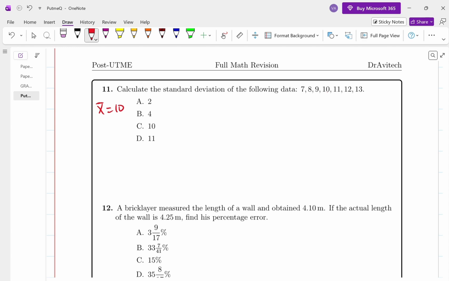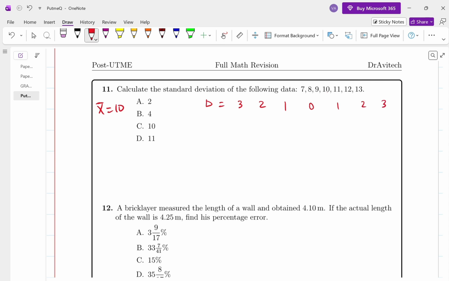Okay, so this is all we have. x bar is equal to what? 10. Good. Now, next thing is standard deviation talks about deviations. So how far are each of these numbers from the mean? So this is 7, right? So our deviations will become, for the first one, 10 minus 7. That will give us 3. Then next one, 8 is 2, 9 is 1, 10 is 0, then 11 is 1, 2,